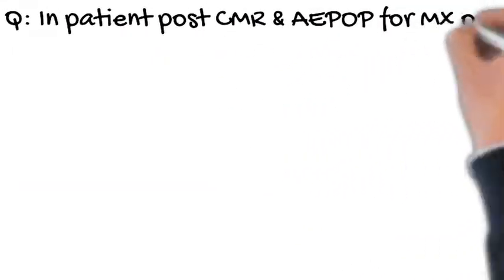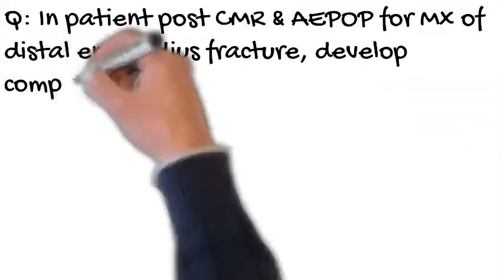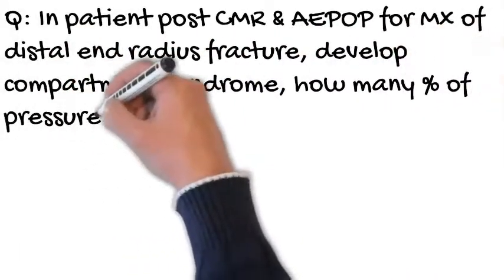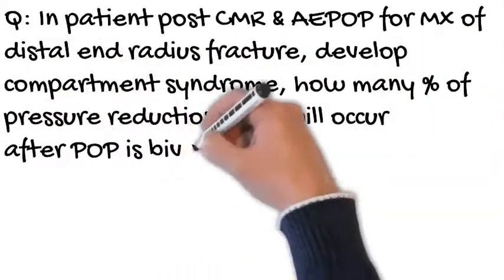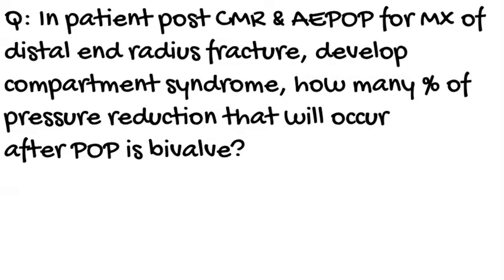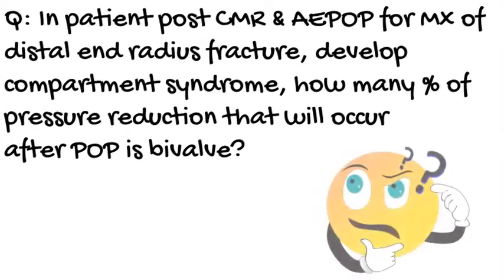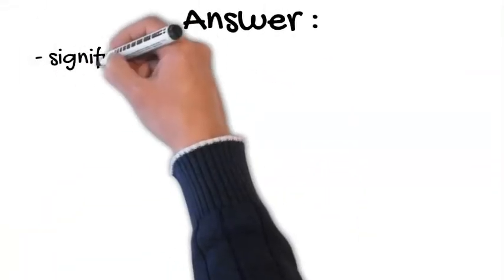Another question, number 2. In a patient post-CMR with an above-elbow plaster of Paris or long cast who sustained a fracture of the distal end radius, this patient, day 2 post-CMR, develops compartment syndrome. How much percentage of pressure reduction will occur after the plaster of Paris or the long cast is valved? So any takers, what would your answer be? The answer is